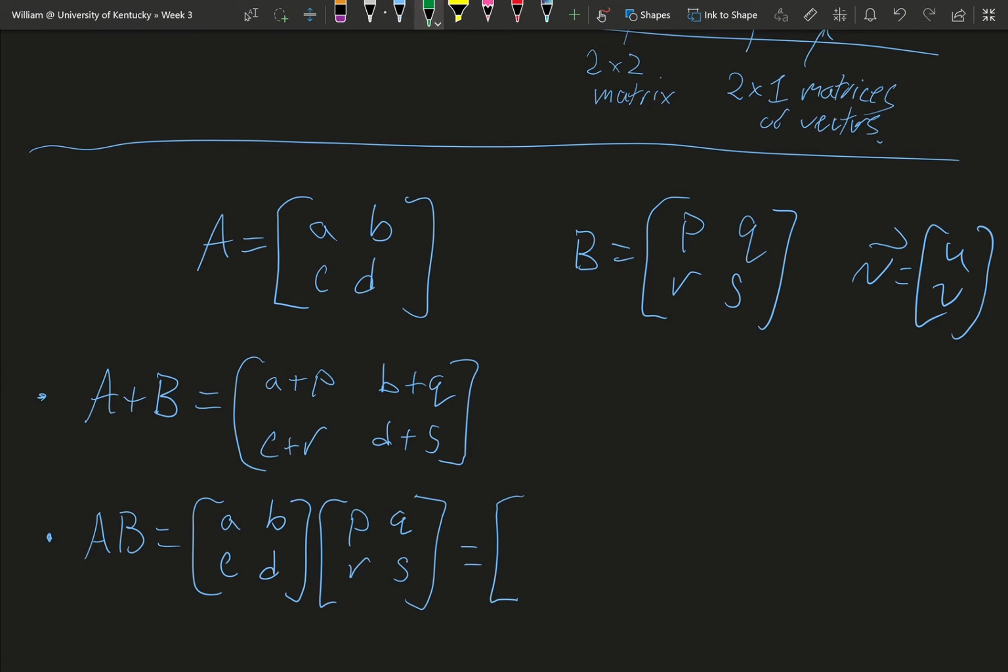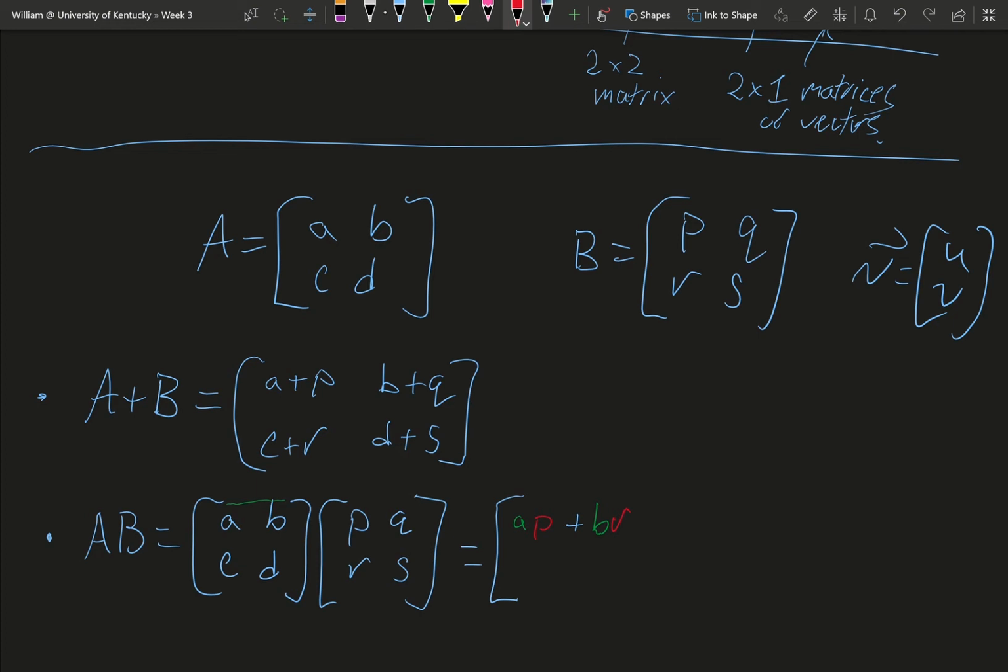So for the first matrix, we're going to take this first row, and then we'll take this first column. And what we do is, the elements in this first row, A times the first element in this row times P. So A times P plus B times R. To get the second entry,